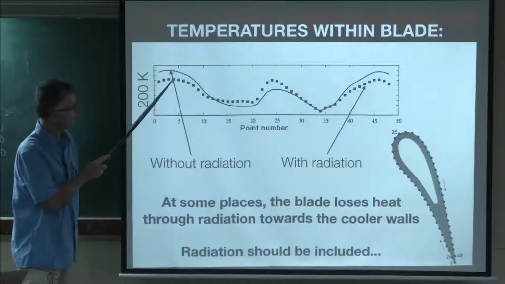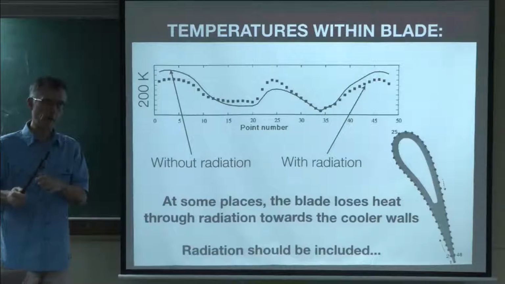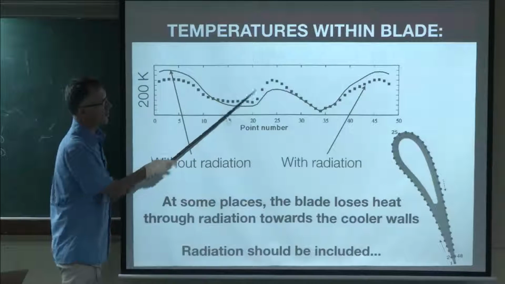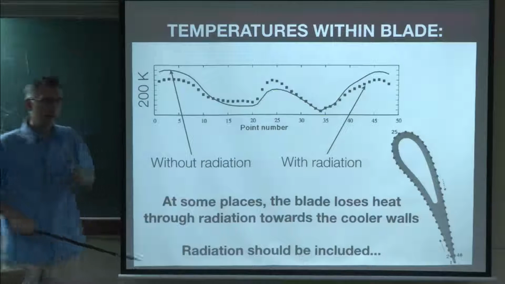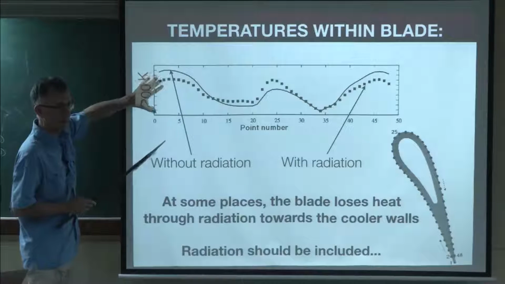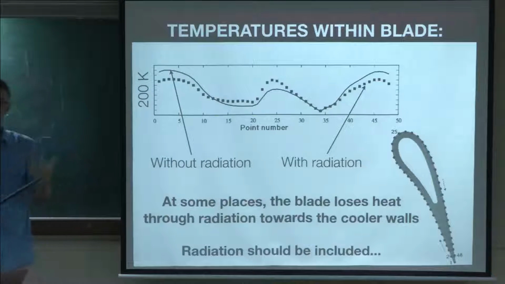And you see that when you add radiation, it's not that it's going to be colder everywhere, it's changing everything. So there are places which are colder and places which are warmer on the blade. And again, it's just telling you that you should include radiation, and the effect of radiation is not simple because it's changing the whole flow field, basically. And I didn't mention that, but here you have 200K. So here you have like 50Ks again. So this is more than the accuracy which is expected by the people from the turbine department.